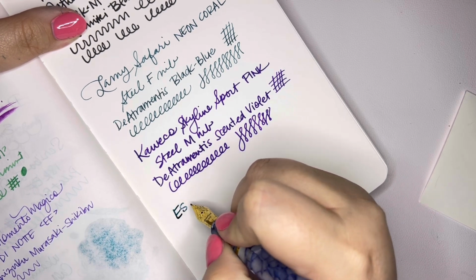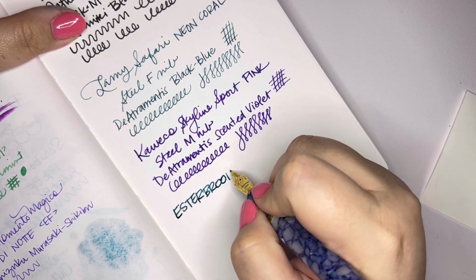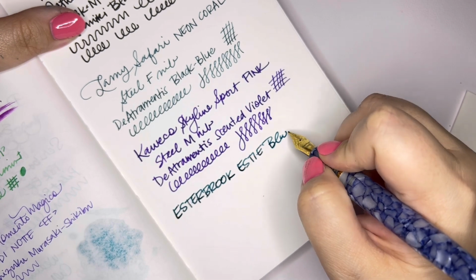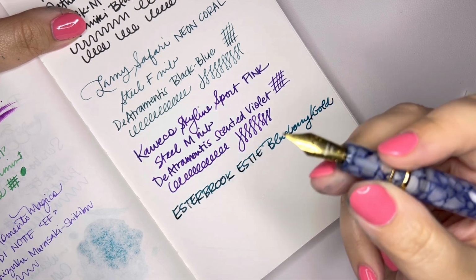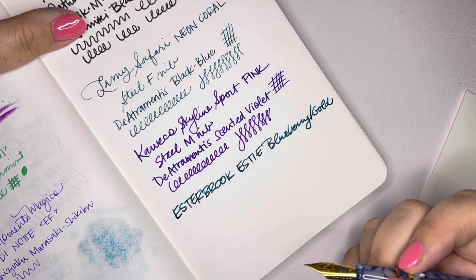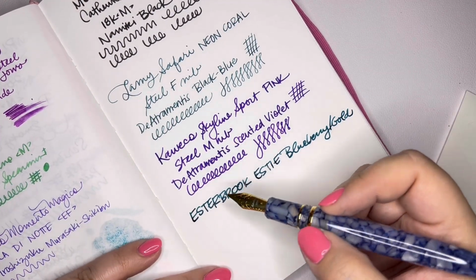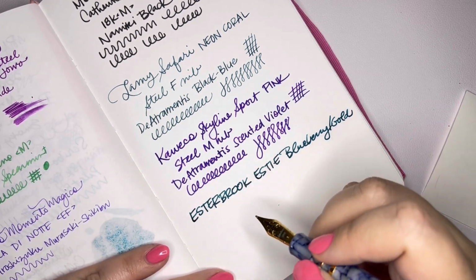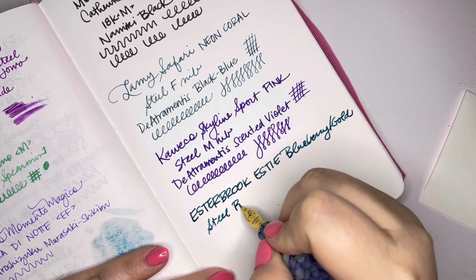Ooh, okay. Really not used to broad nibs. SD, blueberry, and gold. I don't know if this one was offered with silver hardware or not, but I know they used to offer a lot of their pens in either hardware. Yeah, this ink does not match this at all, and actually it's more similar to that than I expected. Oh, it's got a steel broad nib,